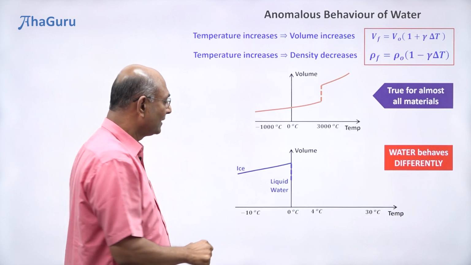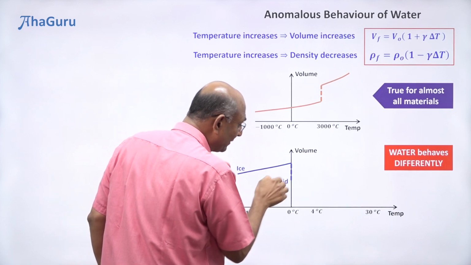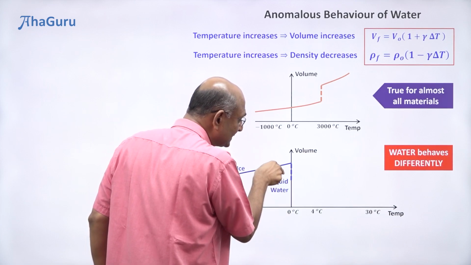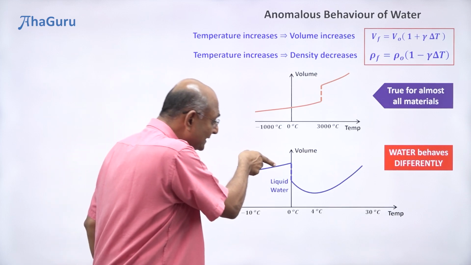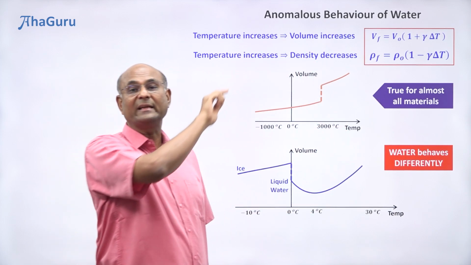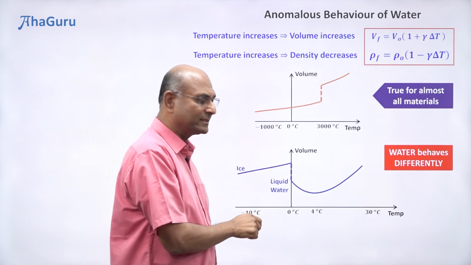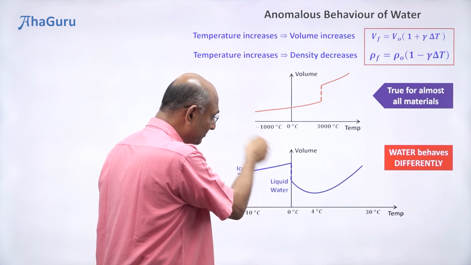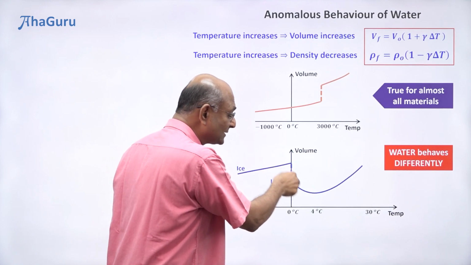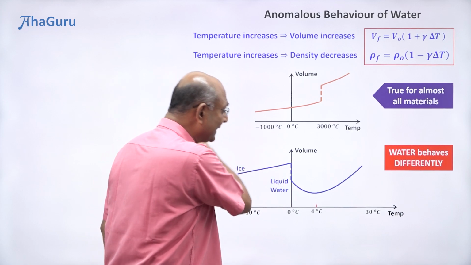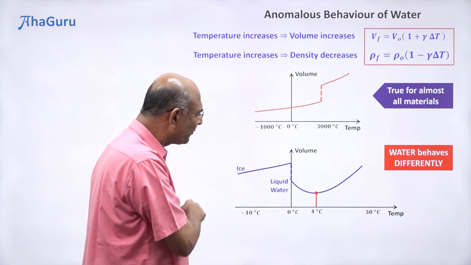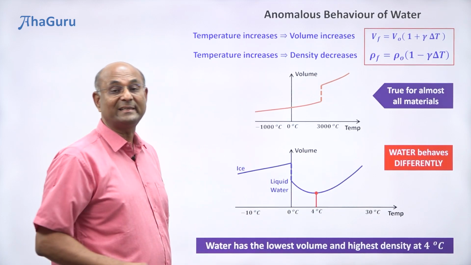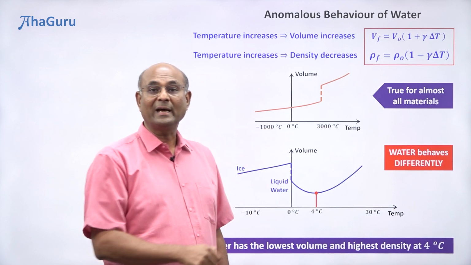But not just that. From 0 degrees Celsius, you have liquid water, but as I increase the temperature from 0 to 4, water's volume keeps decreasing. Notice it decreases first and then it increases. This portion looks like everything else, but this portion, 0 to 4 degrees Celsius, at 0, first of all, the volume decreases, and then from 0 to 4 degrees, the volume decreases further. So 4 degrees Celsius, that's a very interesting point. At that point, water has the lowest volume and the highest density. Okay, lowest volume and the highest density.